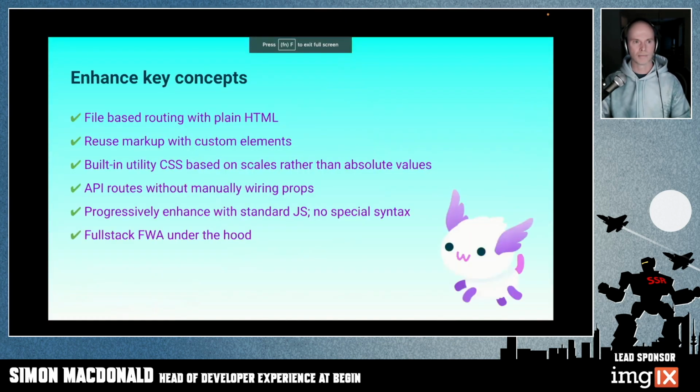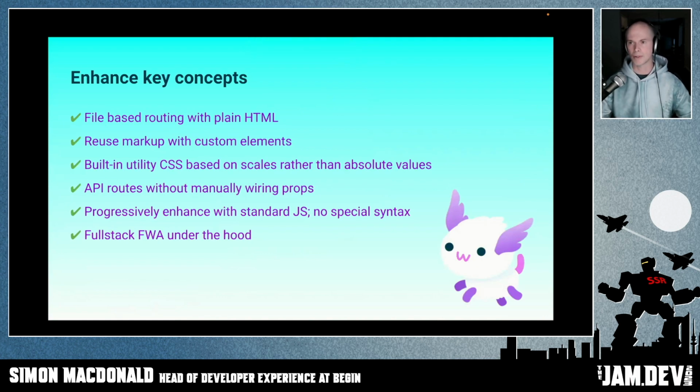Now, some of the key concepts around Enhance is that we have file-based routing. So anything that you put into that pages folder, and you can nest it as deeply as you want to, will show up as a page in our Enhance application. Any kind of reusable components you want can be done using custom elements, using your web components. We have this built-in CSS utility class thing called Enhance Styles. You can use it. You can pull in your own type of CSS if you want, or you can even add Tailwind in, but we give you a default way of doing utility-based CSS to start with. I know that is a topic that not everybody loves.